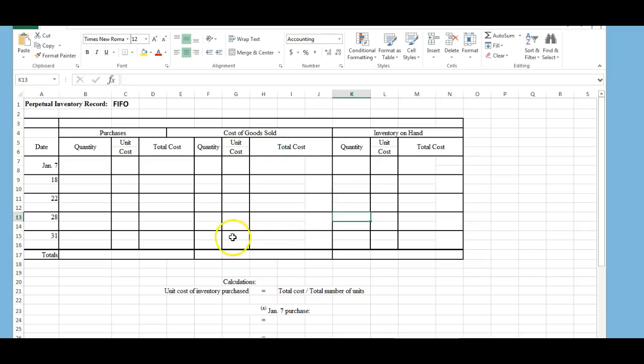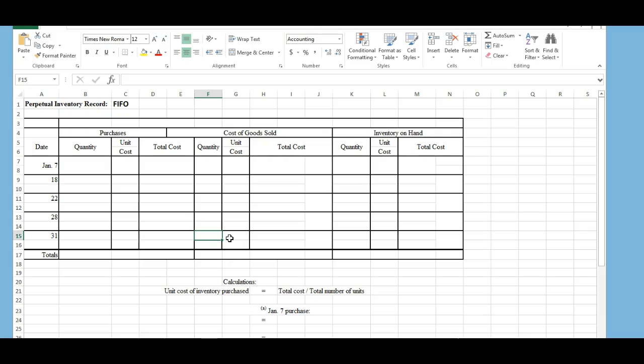So here you're going to record a cost of goods sold for the difference in the number of units on hand compared to what we have recorded on hand, and you're going to record that at the most previous unit cost. So whatever your last unit cost was that you calculated for the 22nd